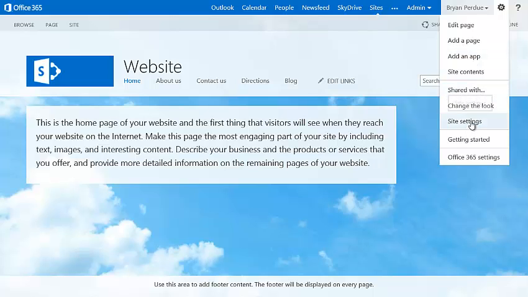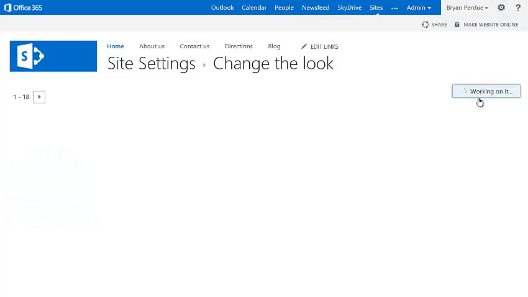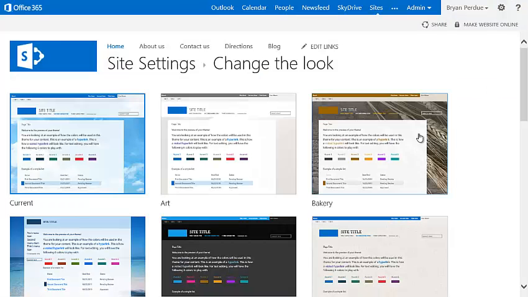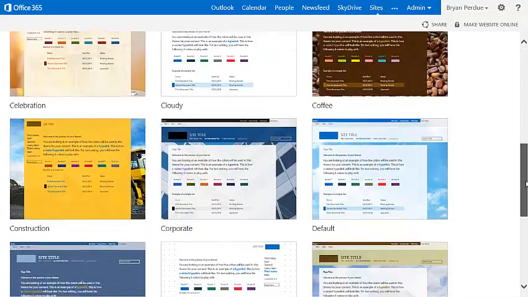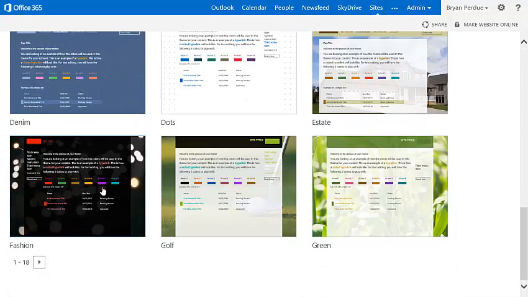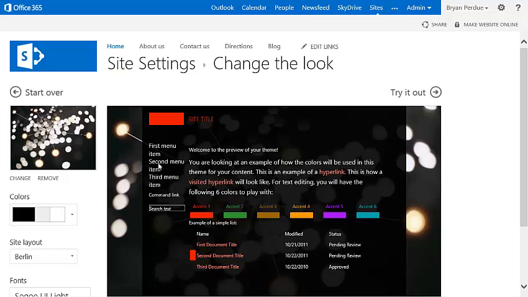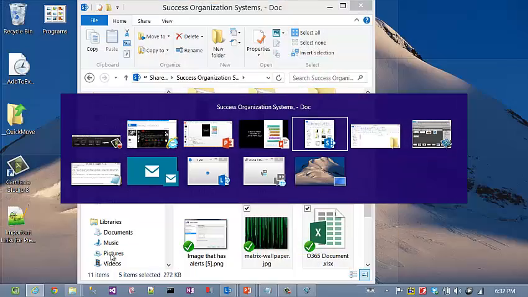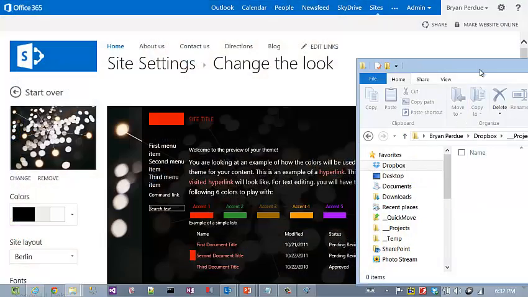But if you go down to change the look, I'm going to change the look of this website and make a nicer looking website. So I'm going to choose the fashion. Okay. It is a lot like WordPress. Yeah. And so what I'm going to do now is select a